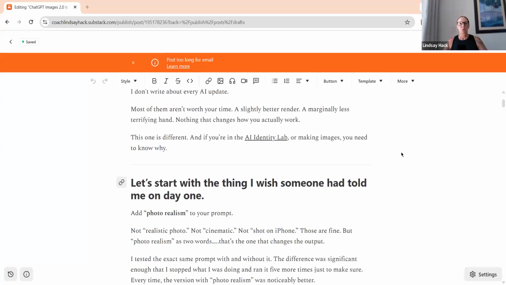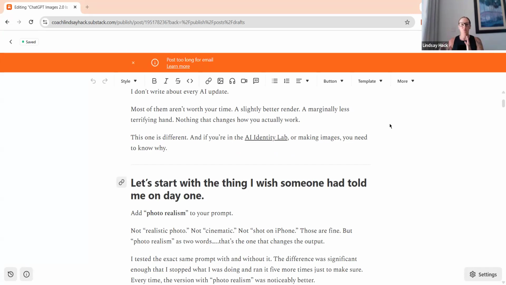Well, now, I have to tell you, Chat Image 2 has made some incredible changes. So let me share my screen. I'm going to share all of this with you guys. So again, first of all, within the AI Identity Lab, which is the community that I am in, whether it is with the group of us in there, or you've got your own images, or you're learning or you want to learn, this is what I want you to think about.